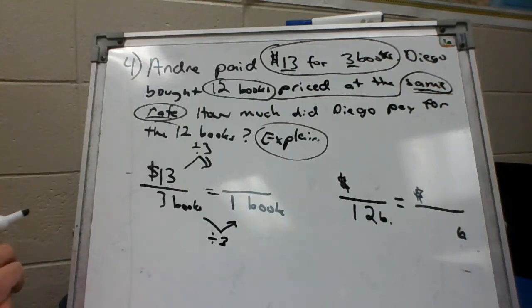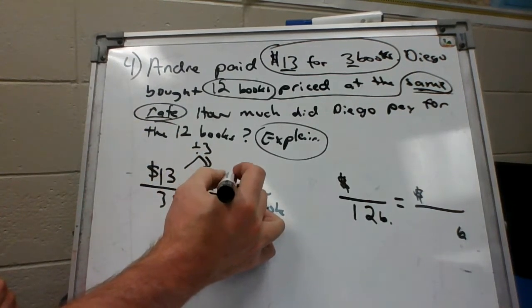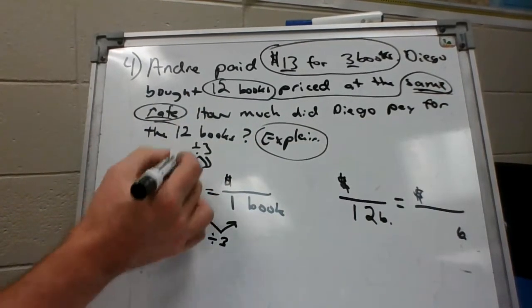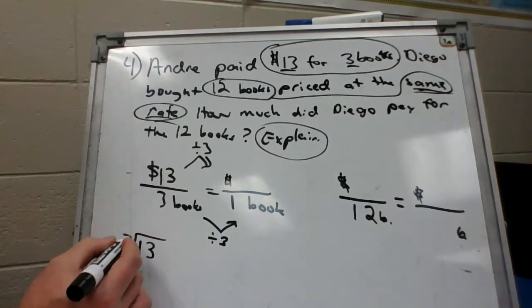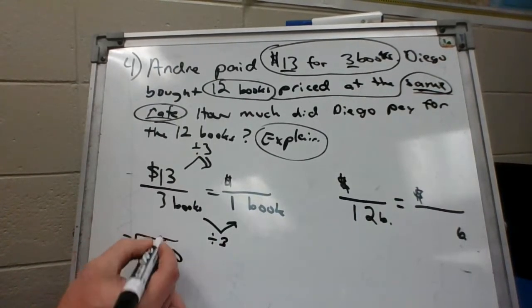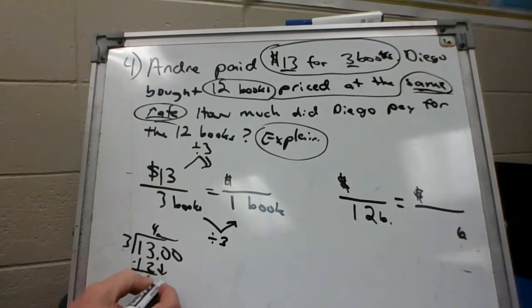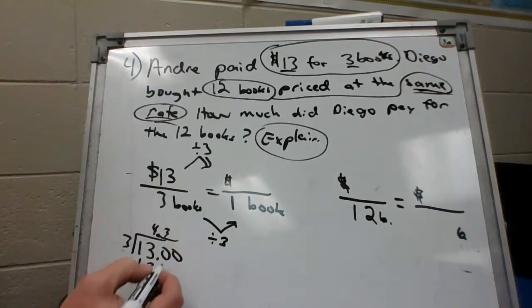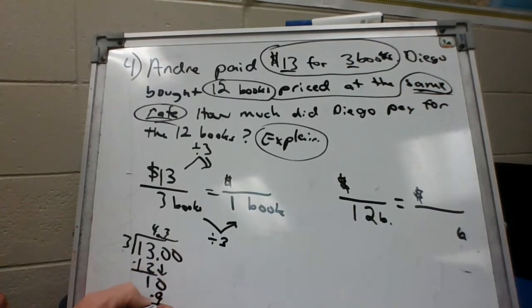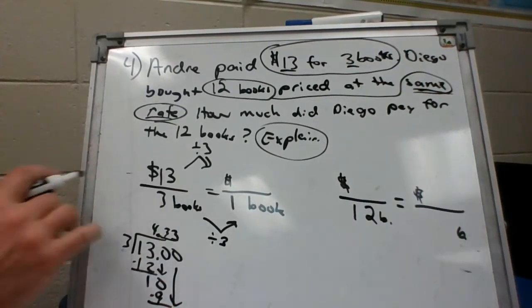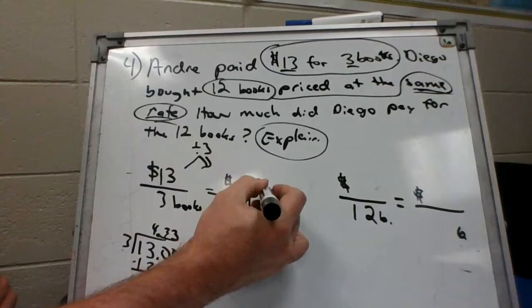So it's a little bit less number friendly, okay? In this instance, earlier we had something that was fractional. Here we probably need something more decimal wise. So 13 divided by 3. We're going to work this out here on the side. We know how to work decimals out. 3 going into 13 4 times, that's 12. 1, bring your 0 down. 3 going into 10 3 times. It's going to repeat. Bring your 0 down. So we're going to say 4.33, that's good enough. So we paid $4.33